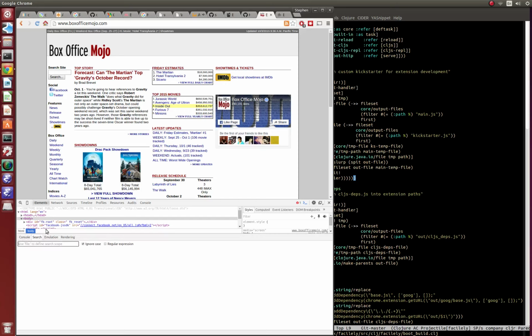The difference between this and normal ClojureScript development is that in normal ClojureScript development, you're usually the only app loading in the actual page, and you're in fact often the entire content of the page, and so there's that. In extension development, one of the big problems, as opposed to doing the ClojureScript way, is that the way ClojureScript ends up writing things into the page is usually by using